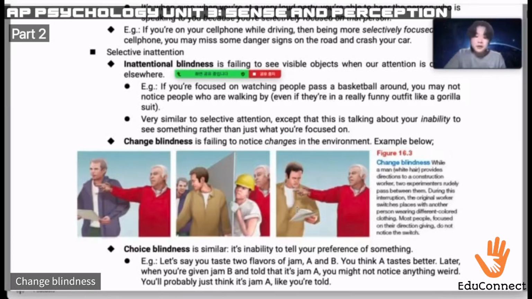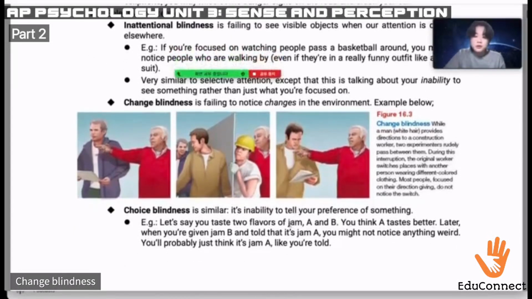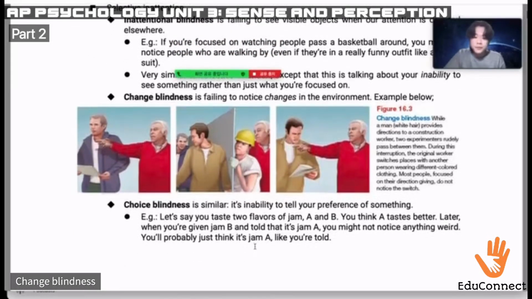This is failing to notice changes in the environment. The example you see in the picture is the old man in the red clothing, who is looking at nothing else, but at something very far and distinct, right? Something that's very far and distinct. It seems like so because there's no context. Oh well, here is the context, but for my explanation,